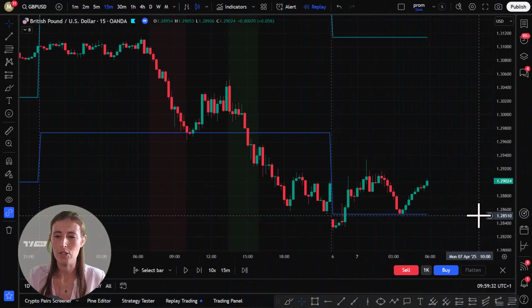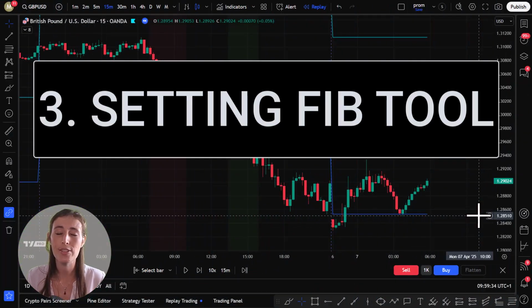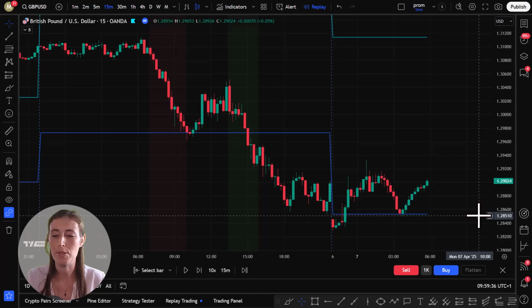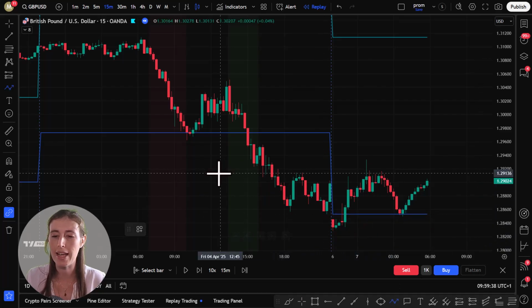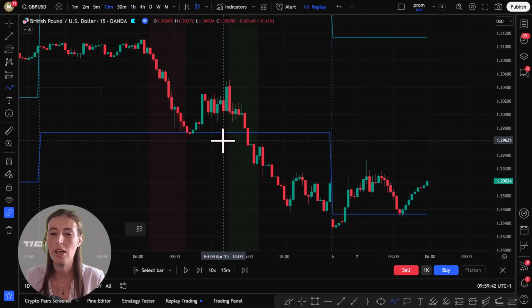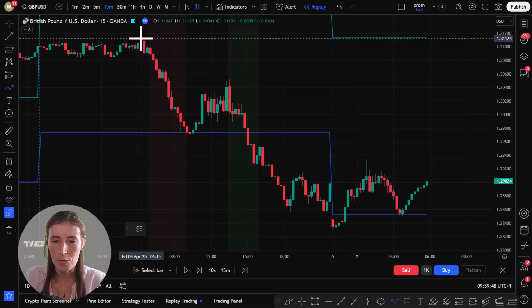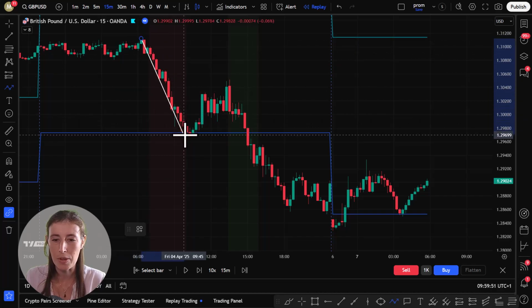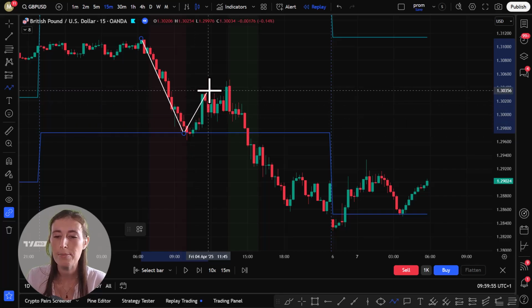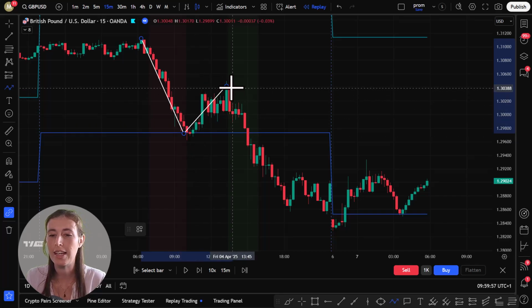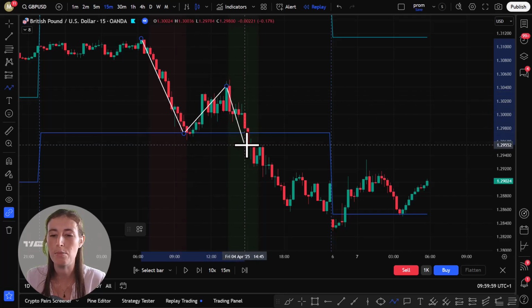The best way to set up your Fib tool is firstly to analyze price action, and we're going to keep this very simple. So I'm going to look back at the previous day's candlesticks because we don't have very much for Monday. We want to look at the long leg that we had to calculate the best entry for pullback. So from Friday's high, we came down, we came to this previous daily level, the key level here. Price pulled back. You want to look at the highest point of the pullback before price broke the low, which